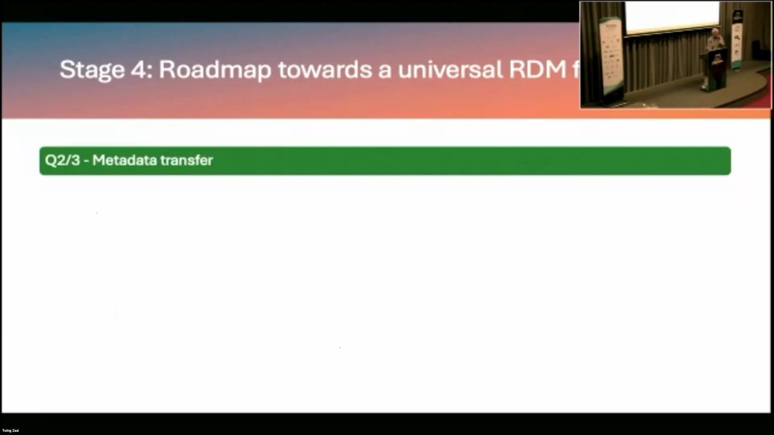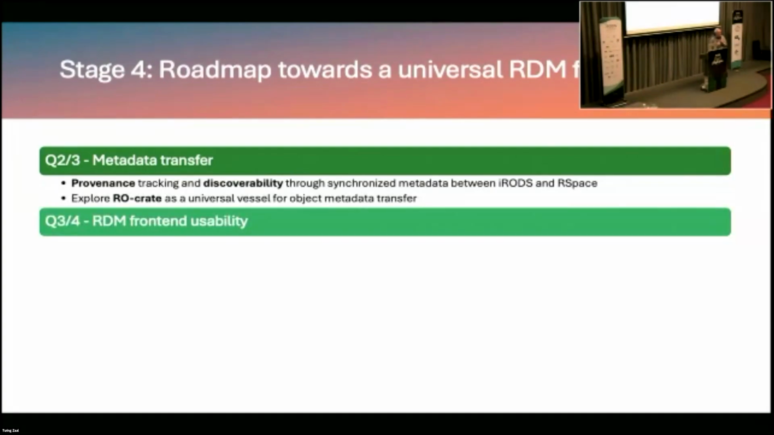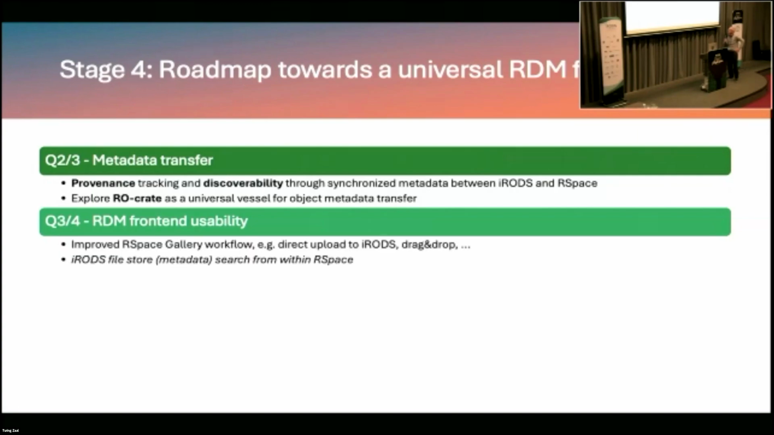And then stage 4 is really moving beyond that to become a universal front end for iRODS. And the metadata exchange we are working on at the moment, and we should be completed by Q3. And then in Q4, we'll begin to look in more detail at front-end usability. So what does this involve? Well, it involves the gallery, which is where we